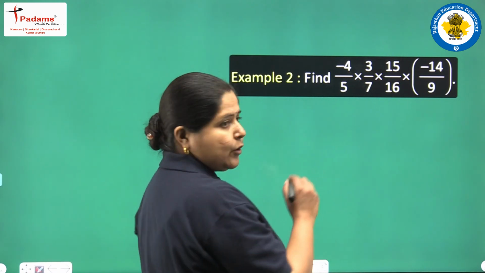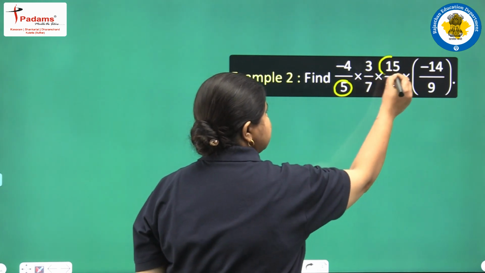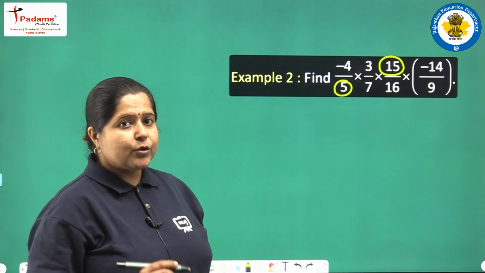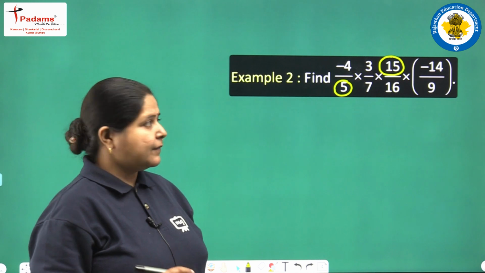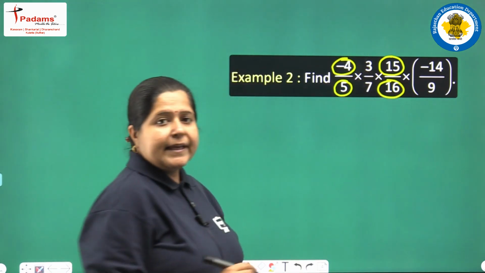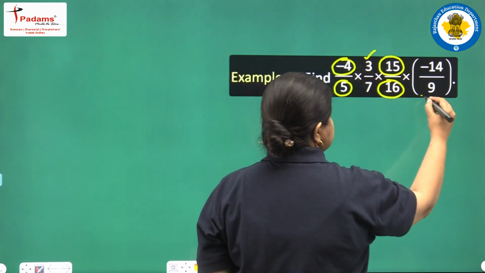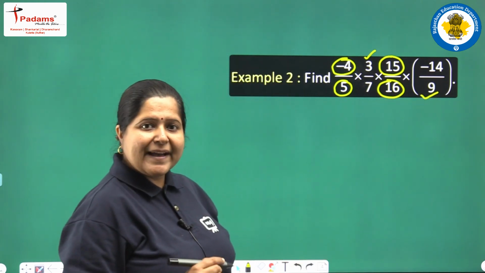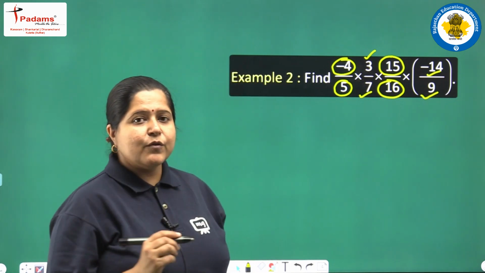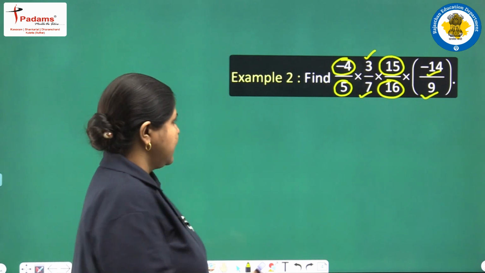Let us just have a look at the question, and then you will see that 5 and 15, they both are multiples of 5. So, they can be easily cut by 5. Similarly, 4 and 16, they both are divisible by 4. There is also connection between 3 and 9, they can be cut by 3, and similarly 7 and 14. So, what do you understand here? That we should again do the regrouping.